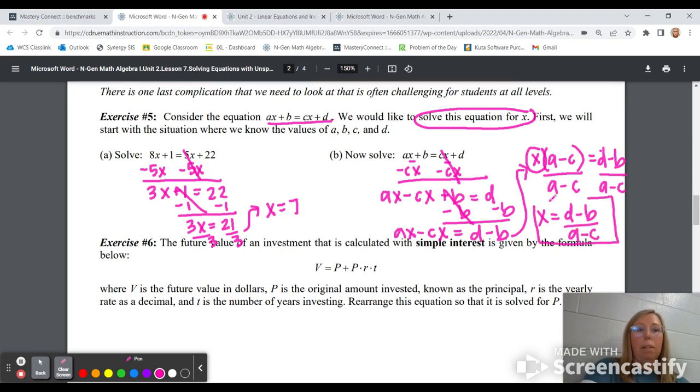That's probably the most complicated one that you're going to encounter in this lesson. So just keep in mind that the distributive property and factoring out that variable you're solving for is definitely an option when you're trying to combine your terms. Go ahead and